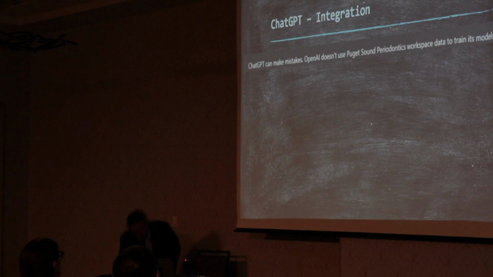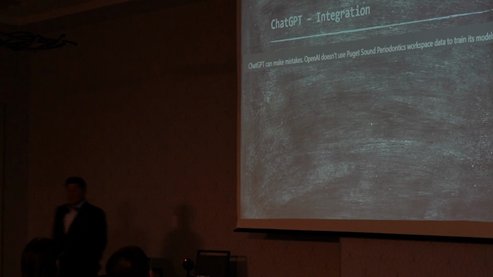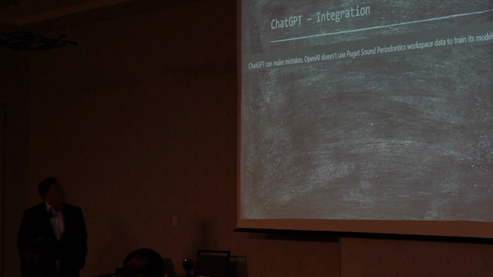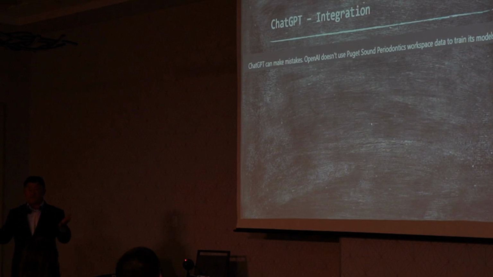And this is really important to me. ChatGPT can make mistakes, so we still have to be the providers, okay? And OpenAI doesn't use Puget Sound Periodontics workspace data to train its models. That's really important, because we're not feeding it into the large data set where we would be violating some of these privacy things. This is important,